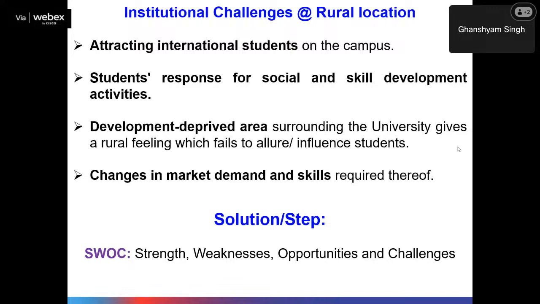Now these are the challenges which are faced by many universities. What could be the solution? Every university must do a SWOT analysis, that is, they should be able to check their strengths, what are the weaknesses, what are the opportunities available, and how they face the challenges, and what are the possible solutions for their challenges. No one is going to provide these things; the university system, or the people responsible for managing it, must do these four steps: strength, weakness, opportunities, and challenges. They must work on this and try to come up with the best possible solution for that